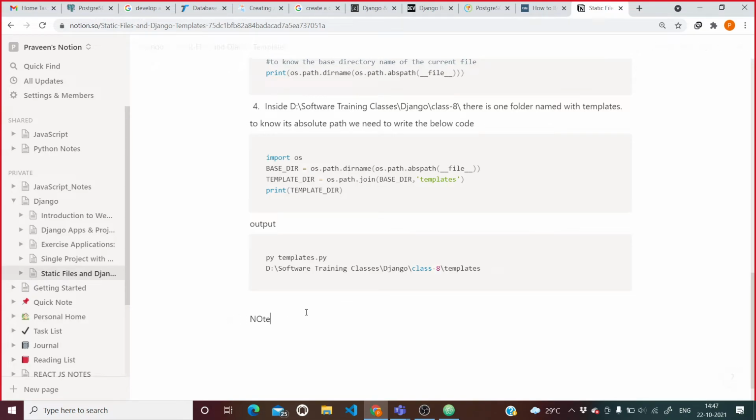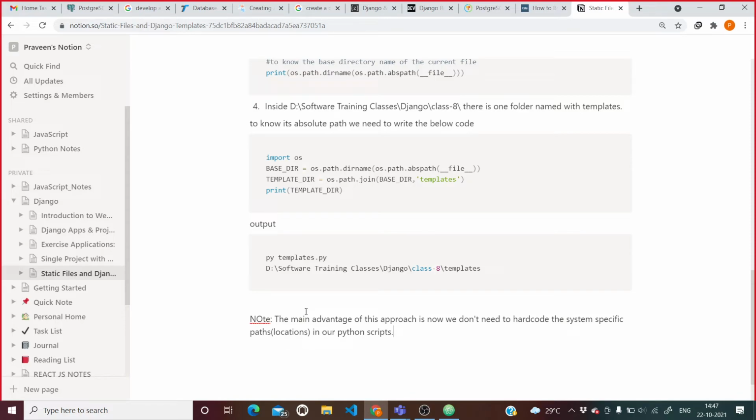The main advantage of this approach is that we are not required to hard code system specific paths, that is, the locations from which we try to access the files in our python scripts.